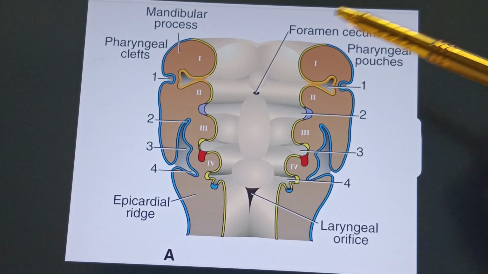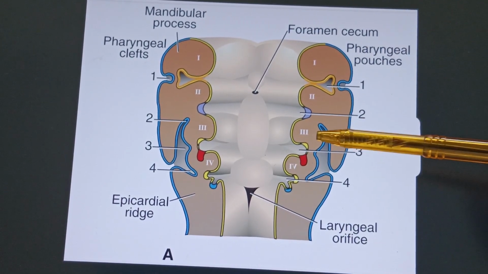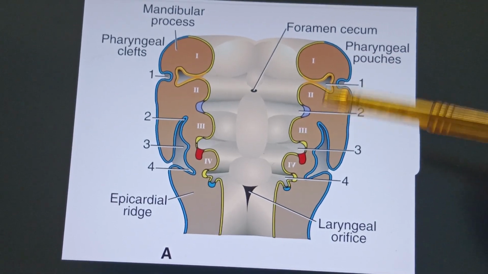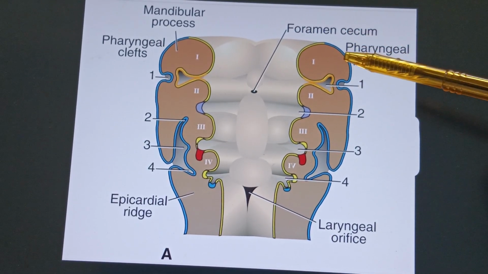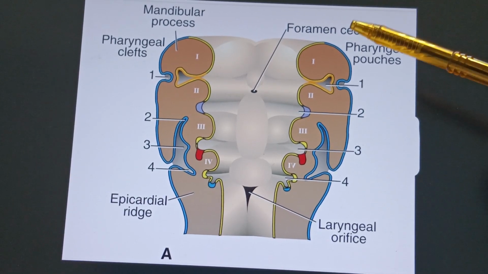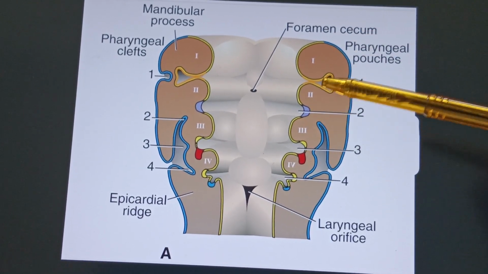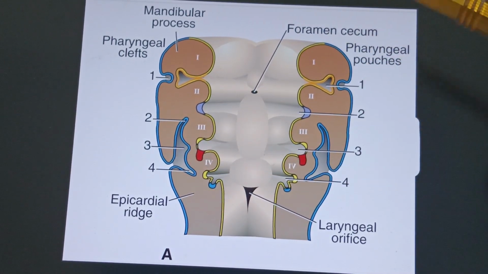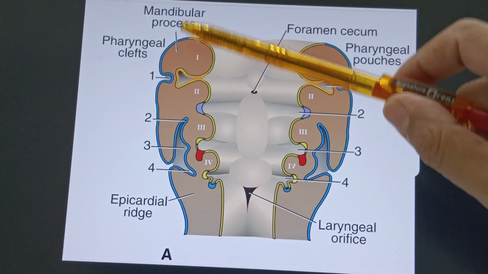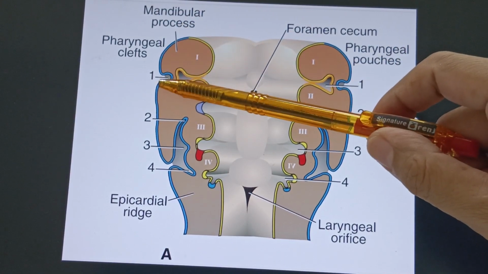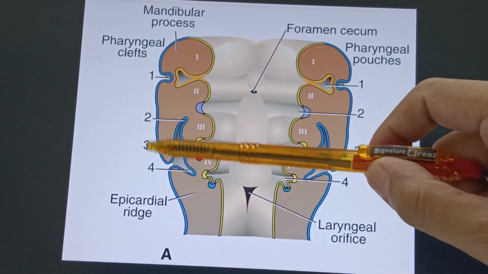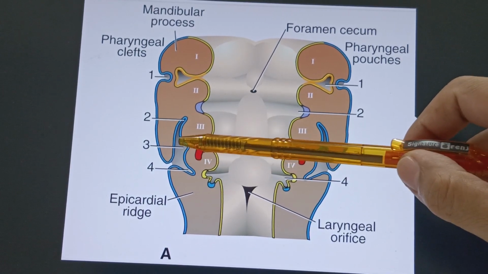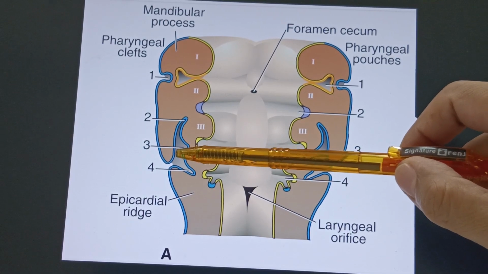Okay, this diagram of the pharyngeal apparatus will show you the derivatives of respective pouches as well. So you should know that these pharyngeal pouches, pharyngeal arches, and pharyngeal clefts, including the pharyngeal membrane, these four things form the pharyngeal apparatus. See what happens: the first pharyngeal cleft is there, but due to the overgrowth of the second pharyngeal arch, the second, third, and fourth become rudimentary, and finally they will form the cervical